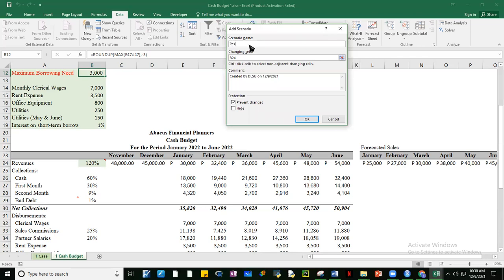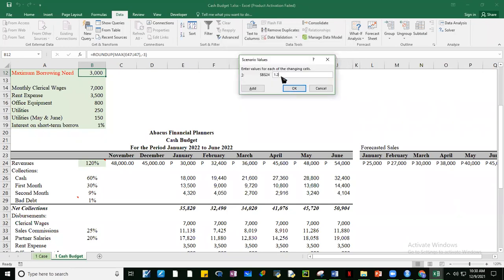Okay, let's add another one. Ito yung pessimistic natin. Pessimistic case natin is, bigyan natin to. This is only 90% of forecast sales. Okay. This should be 0.9. Or 90%. 90% of forecast sales, okay?